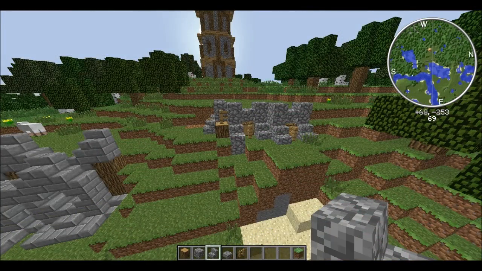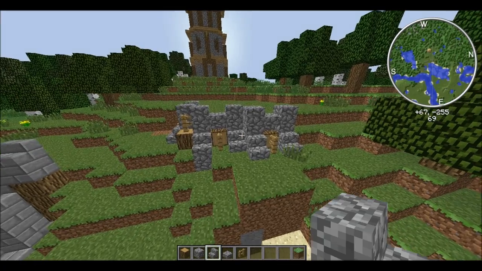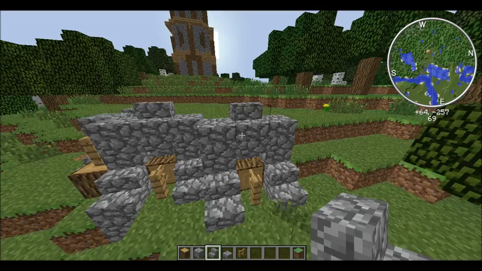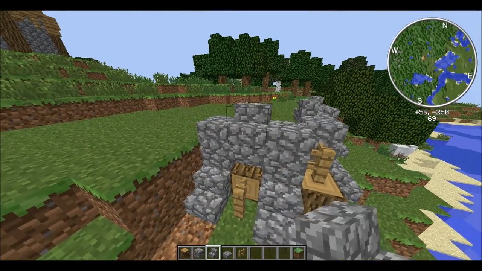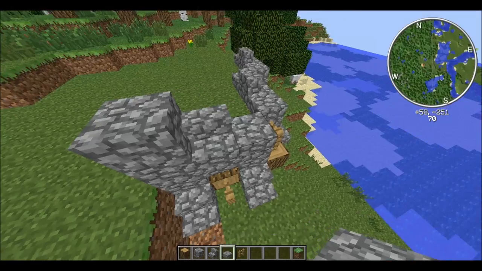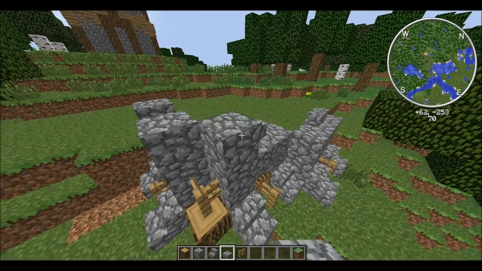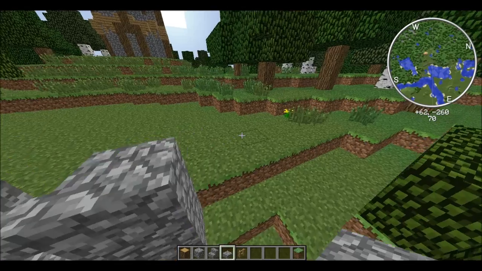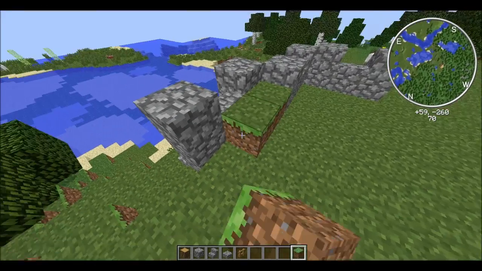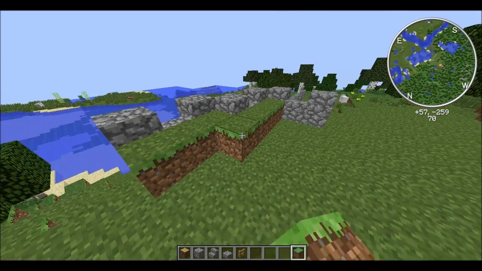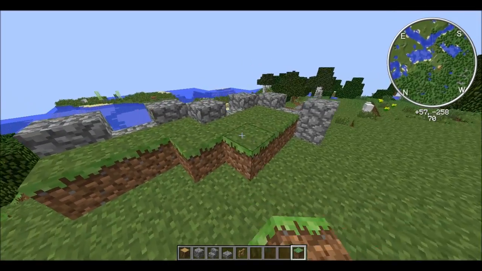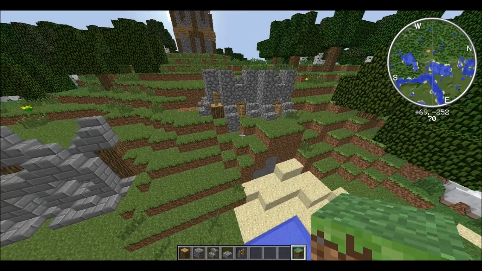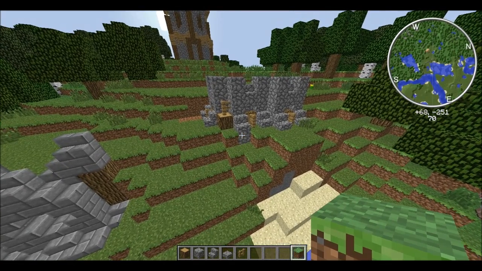Okay guys, the third wall design is almost exactly the same as the second one, but basically all you're gonna do is add on a staircase on the middle parts like this, and then you're gonna go ahead and add a total of 1 block extra high up like this. It's basically the exact same wall design, just a slightly taller variation, which is nice. I recommend that you use this one a little bit more for landscaping than as a standalone, but it can still work as a standalone if necessary. But yeah, that's basically the third wall design, and I'll show you a completely different one next here.